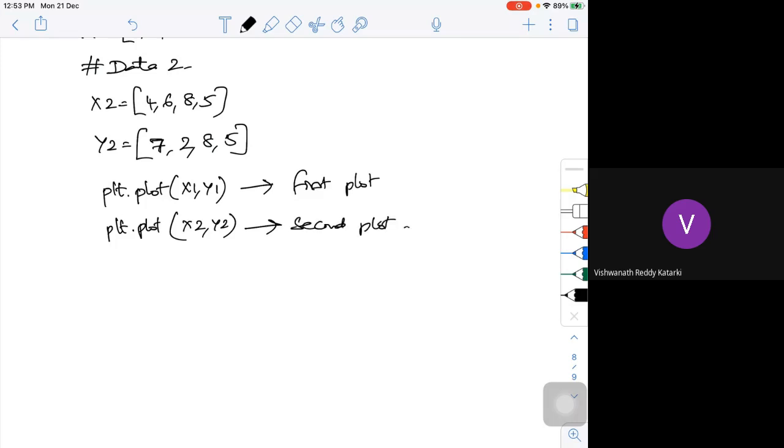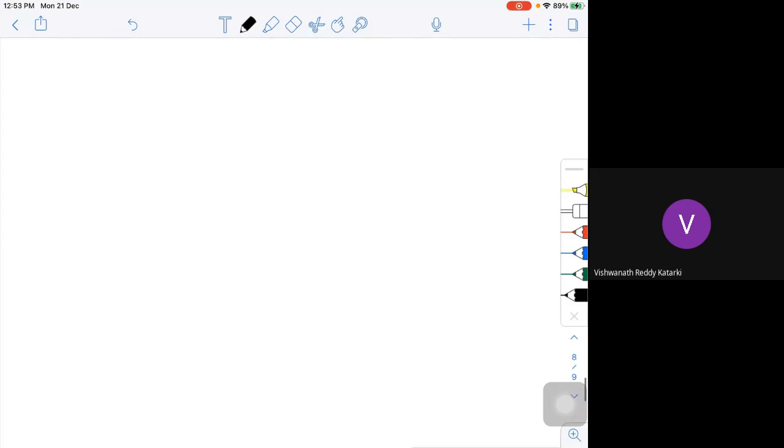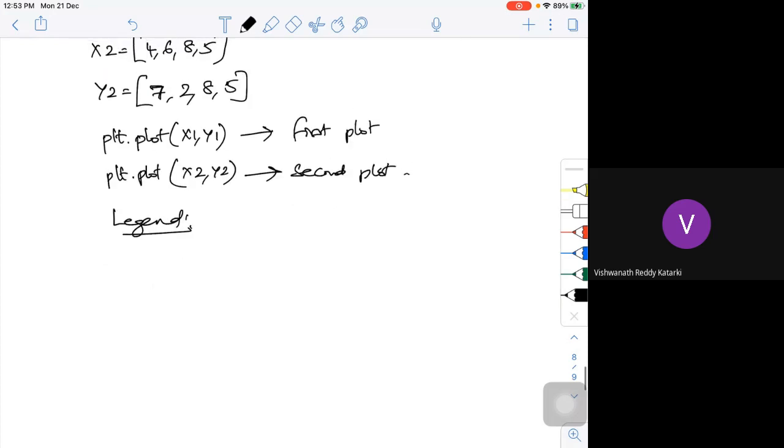I was telling you something about the legend. If you want to show the legend, I should give some kind of label to it. How to do that? I think I mentioned it, but I didn't do anything. So how to show the legend? plt.plot(x, y), and then it is called a label.